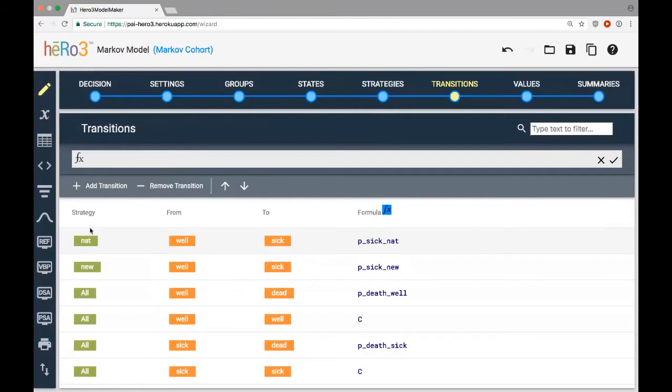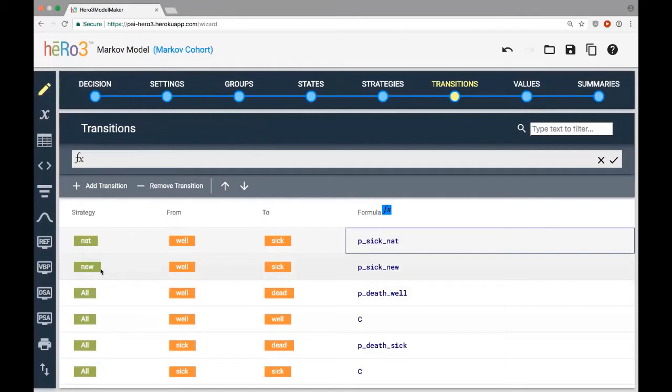And so this first row is an entry in the transition matrix for the natural history strategy for going from the well state to the sick state. And the probability of that transition is defined by this formula, which is simply referencing the probability of getting sick for that strategy that we defined on the variables page.